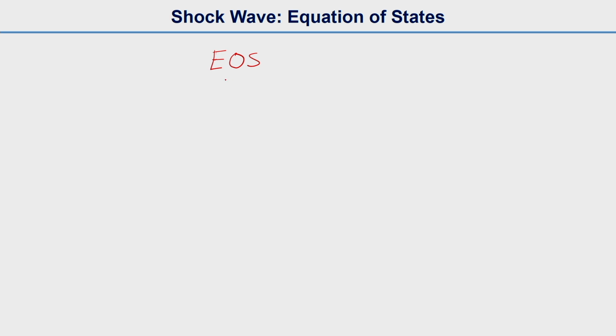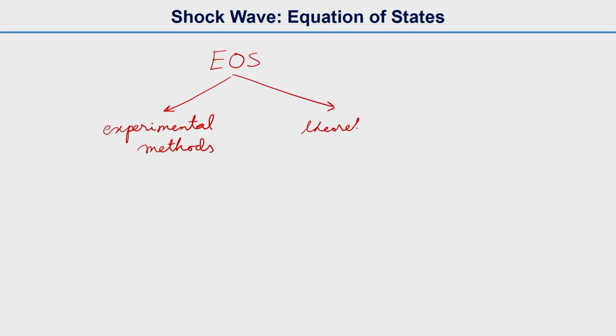So there can be two ways to obtain this equation of state. The first one is experimental methods, and then we can have some theoretical calculations as well. The simplest form of the equation of state is